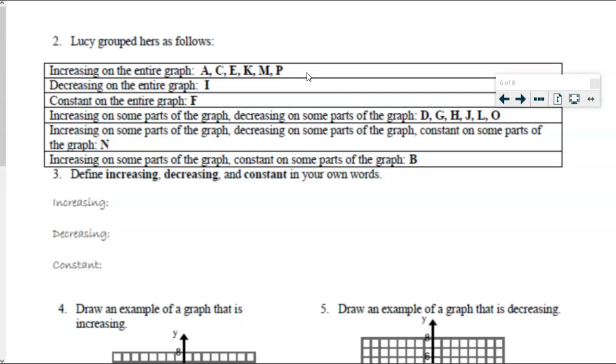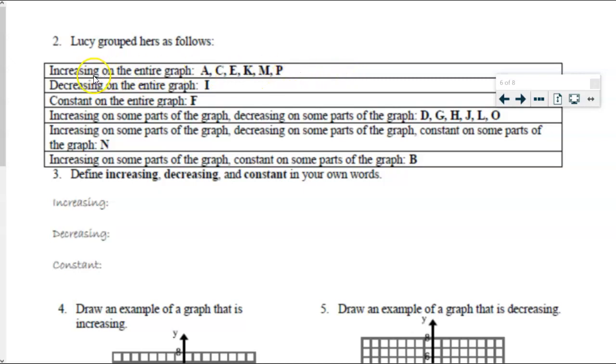Make sure that everybody in the group can see them, which means you might need to stand up out of your seat so that you can all see them at the same angle. A, C, E, K, M, P. And this is in your packet too, so you can look at your own packet as well to follow along. Now that everybody can see